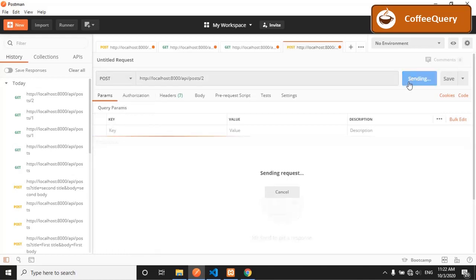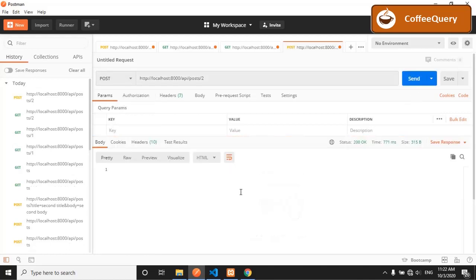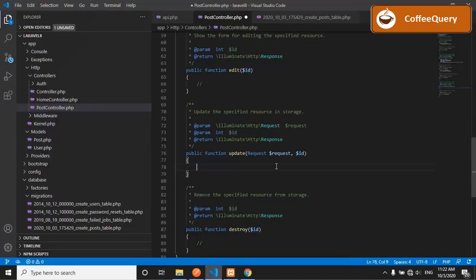If we send, nothing is going to happen because I haven't defined it yet. So first I will find the ID. Post is equal to Post find this ID,